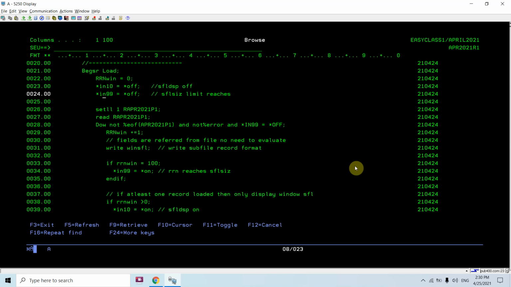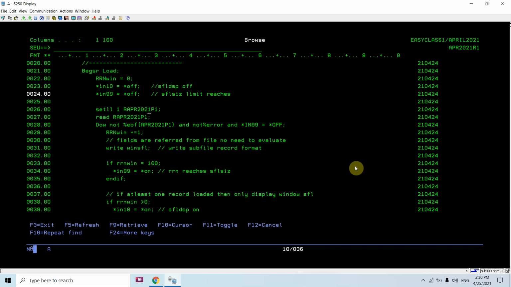Indicator 99 is set to off because we have taken this indicator for our checking purpose. Since the SFL size is 100, we'll set this indicator on once 100 records are loaded into the subfile. We'll not load after that.